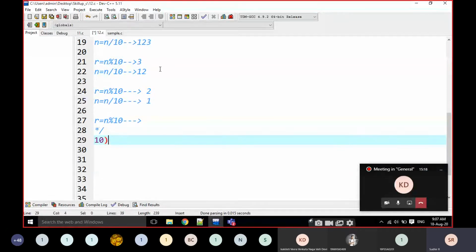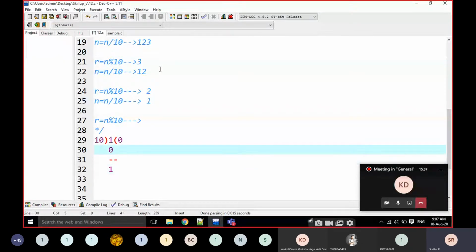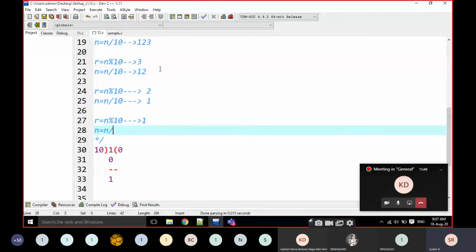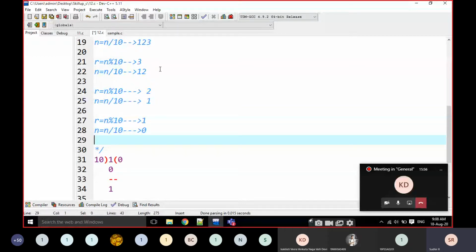N value is 1. 1 mod 10 is 1, because 10 zeros are 0, and 1 minus 0 is 1. Then what is the remainder? The remainder is 1. And what is the quotient if n is equal to n by 10? The quotient is 0 here.